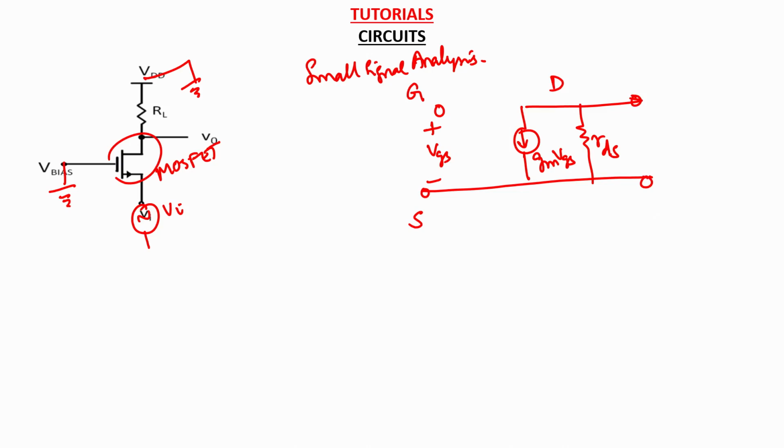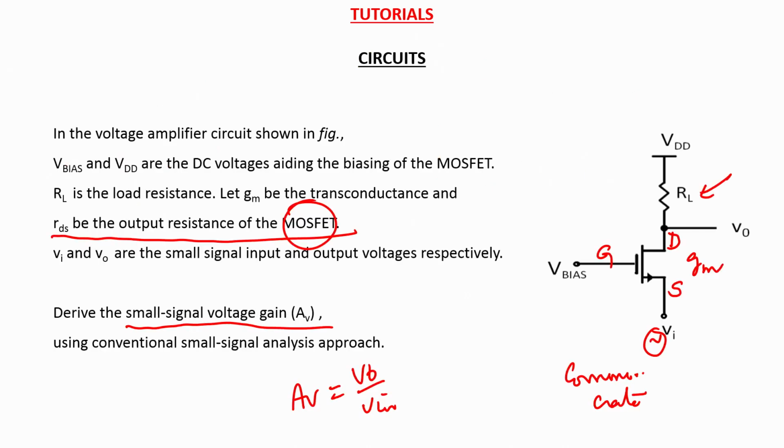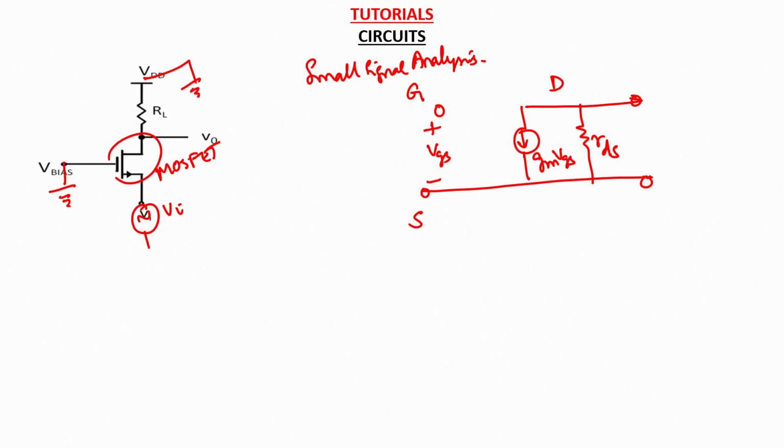And for this particular common gate topology, we try to do the small signal analysis to find out what is the voltage gain, which is nothing but V out by V in. So here we represent all the voltage values. Here you set this to ground and VDD, and you have RL which comes between drain and ground, so it is RL here, and at the source you apply a small signal input, and you see that the small signal output is being taken at the drain terminal.